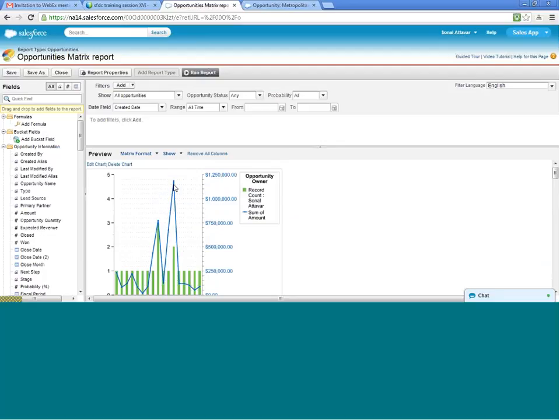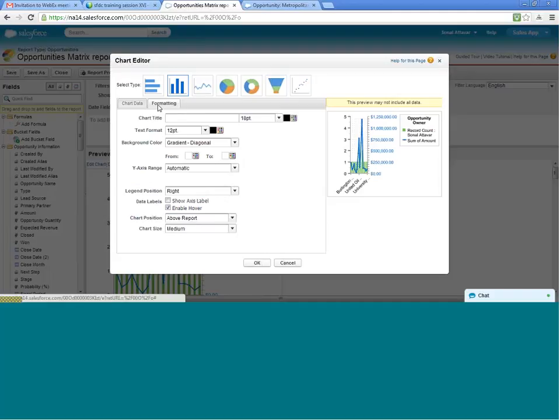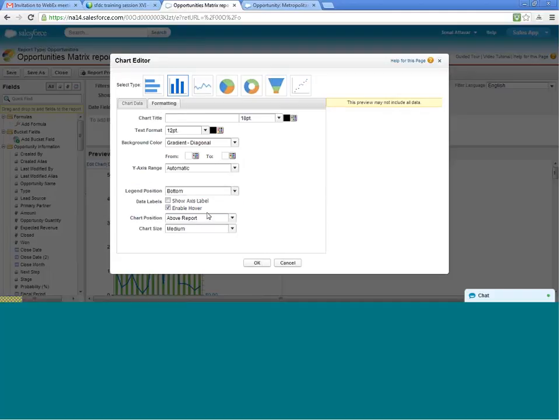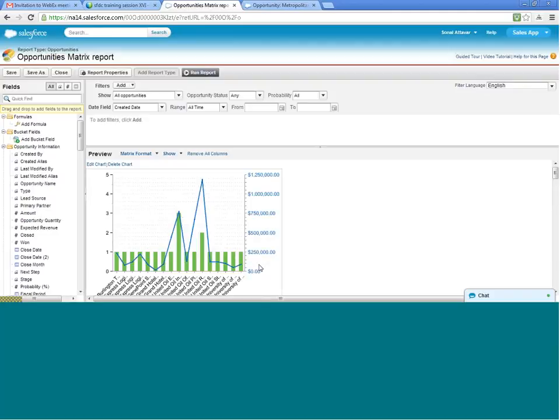Let's do the edit chart. That will expand a little bit. And go to the formatting and say the legend position bottom. Yeah, okay. It's a little bit more readable. Okay. So this is the matrix. If you save it,